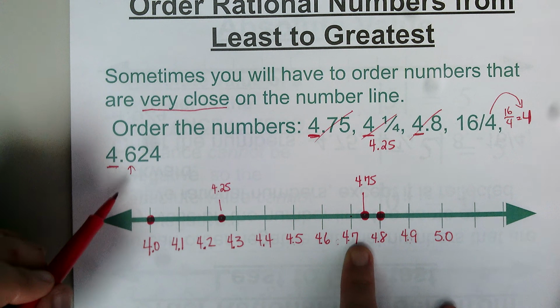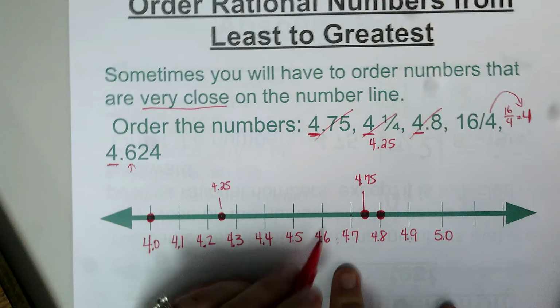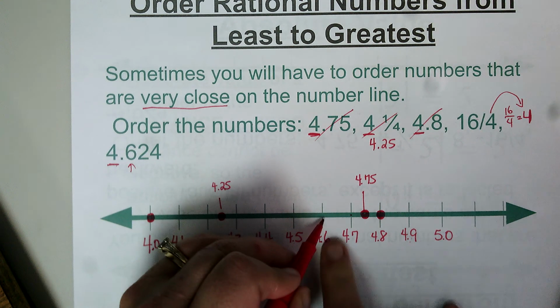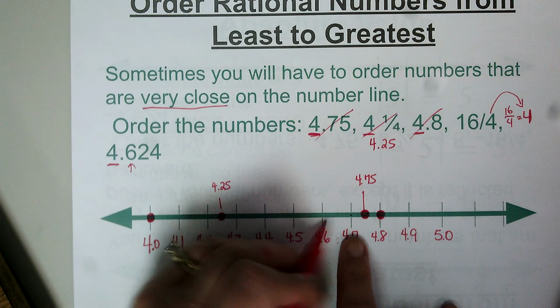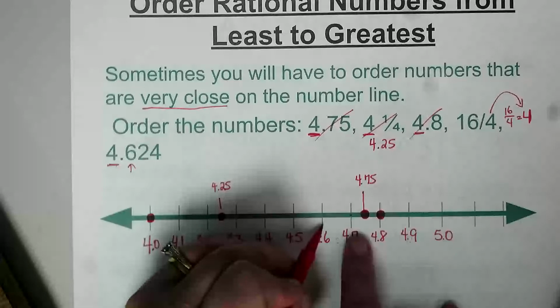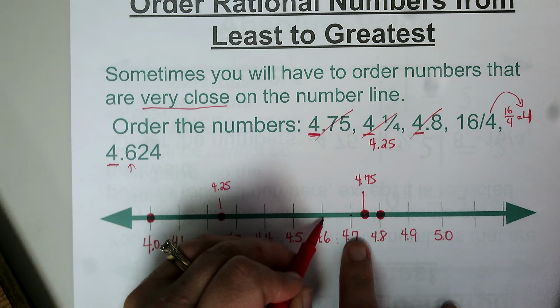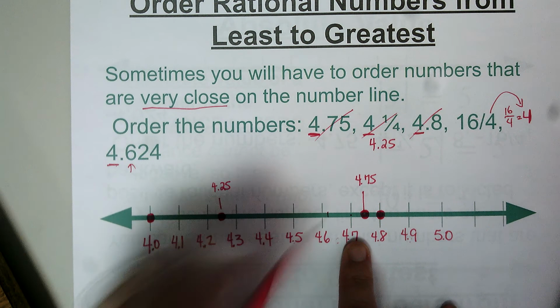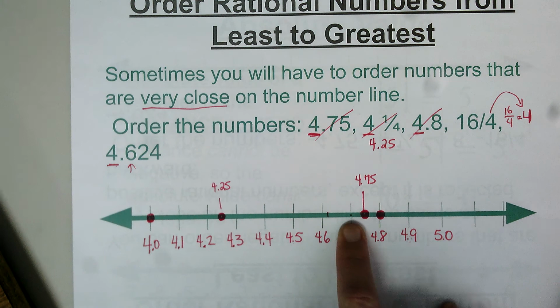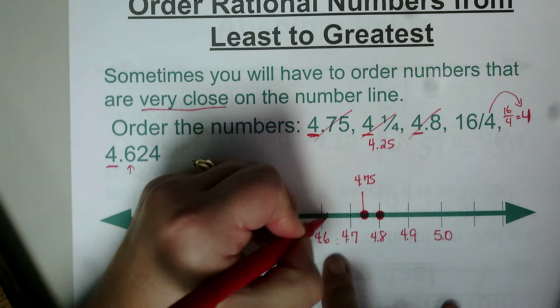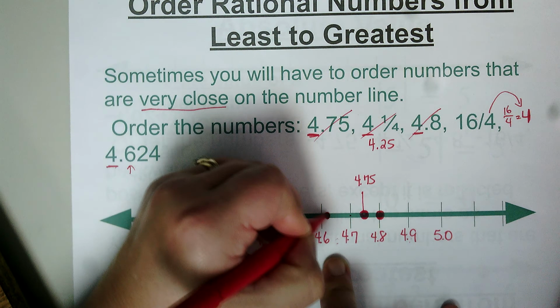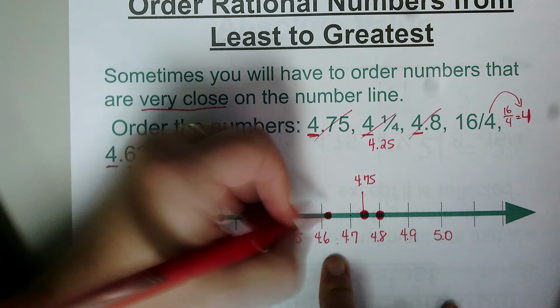And it's not quite 4.7, so we go to 4.6. Now, if we had 100 little spots in here, or 1,000 little spots, where would 24 be? Between the 0.6 and the 0.7, the 24 would be pretty close to right there. It would not be way down here by the 0.7. It's going to be a whole lot closer to the 0.6. So we're going to put a dot right here, and that's going to represent